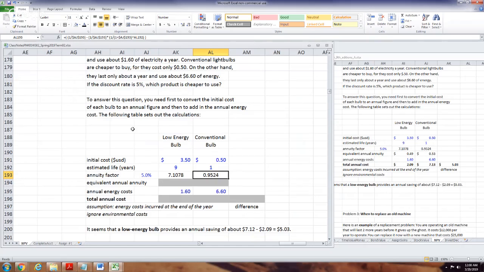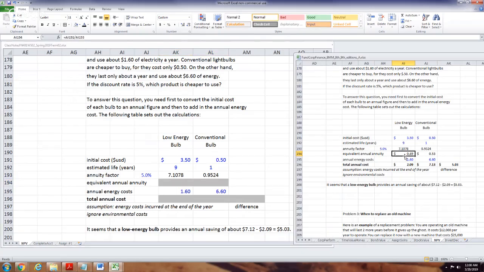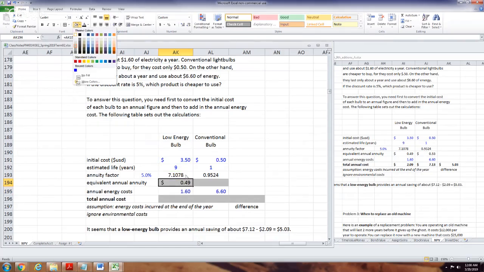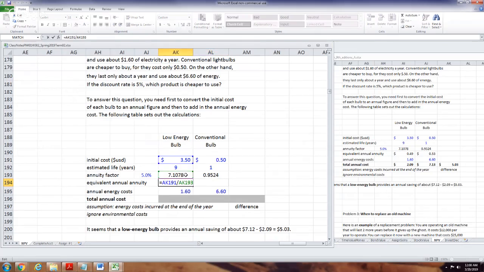Okay. And then the next piece of this, you had an initial cost here. Let's just see what we divided by what here. Yeah, we took that initial value today, divided by the factor, right? And we got the equivalent annual cost on this. So again, we bought that thing today, a little more expensive, divided by this. So on the year, it costs 50 cents. And surprise, surprise, that happens to be the cost of the bulb. So I think the guys in the electrical company did this. And yeah, theirs is about 53 cents.